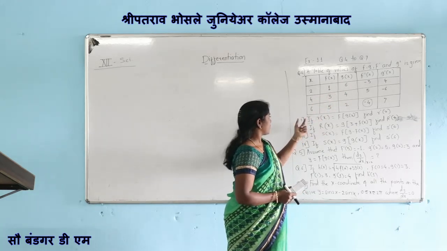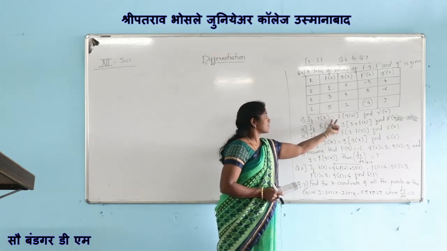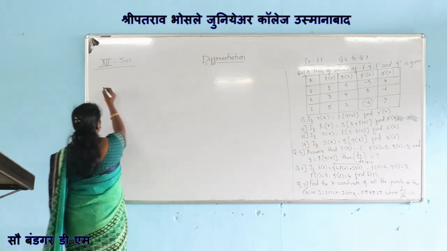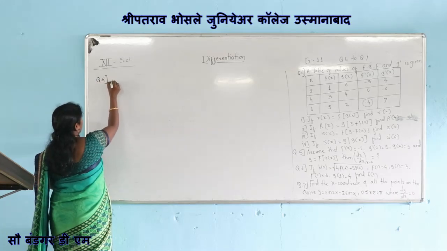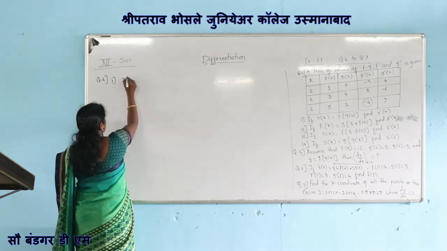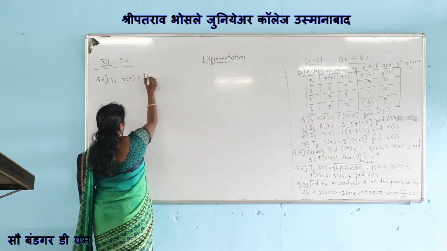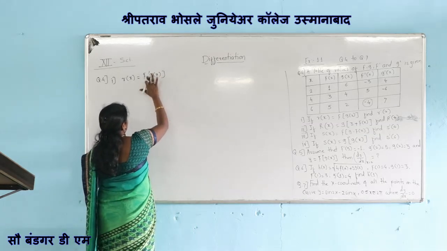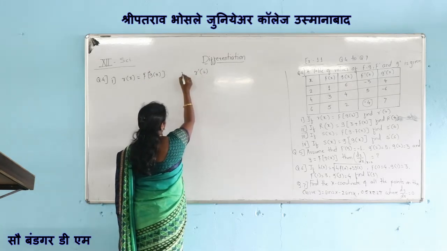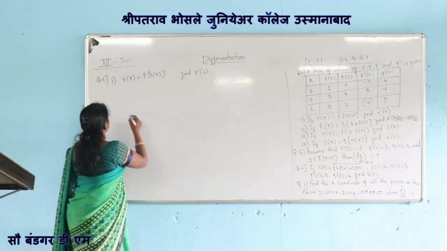We have to find first of all r dash of 2 for r of x given as f of g of x. Now we are going to solve question number 4. First, given r of x is equal to f of g of x. We have to find r dash of 2, the value of r dash of 2.